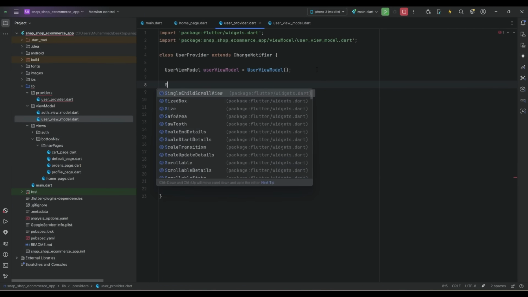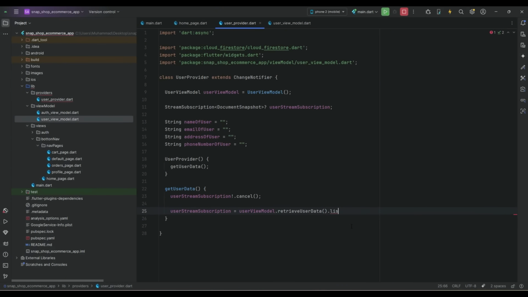So for example, we say user stream subscription dot cancel, and then to this we assign the user updated data, that is user stream subscription equals to user view model dot retrieve user data dot listen for the changes, which means that the return of this function will be stream document snapshot. As you know that it returns the document snapshot, so we have to listen for the changes. Data snapshot,